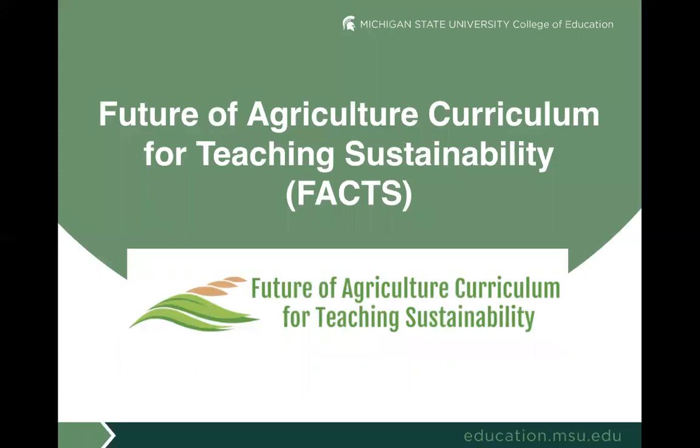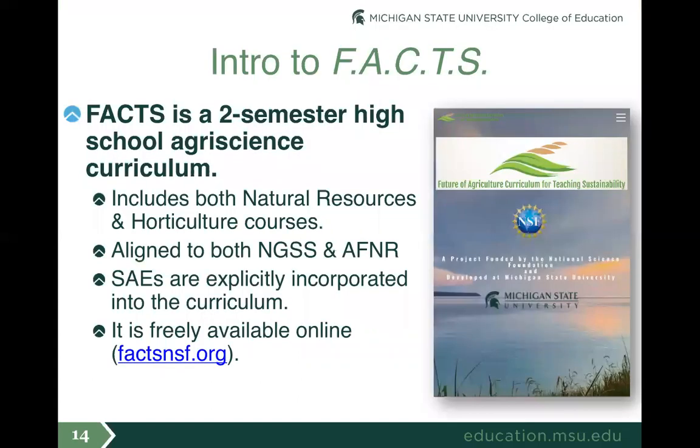So now we'll talk briefly about how we've attempted to create this kind of learning in an agricultural classroom. Agricultural education and science education are 2 different subjects, and while there's a lot of overlap, creating an NGSS-aligned agricultural education curriculum is something of a challenge. And so the reason this curriculum exists is to support students and teachers in the process of shifting and transitioning over towards more 3-dimensional agri-science instruction. So FACTS, or the Future of Agriculture Curriculum for Teaching Sustainability, is a research-based 2-semester high school agri-science curriculum.